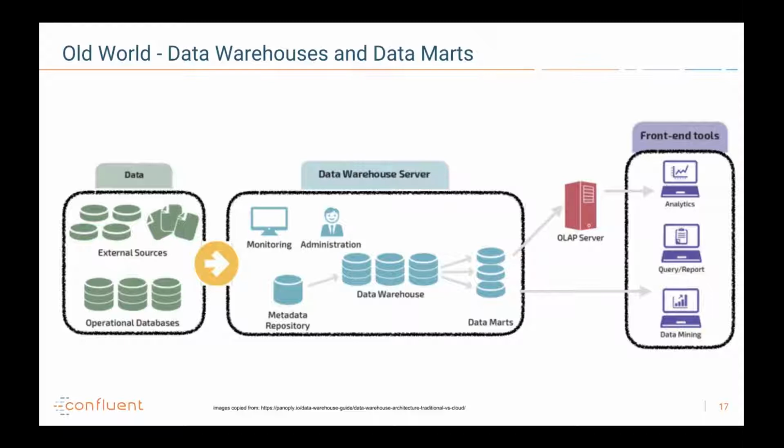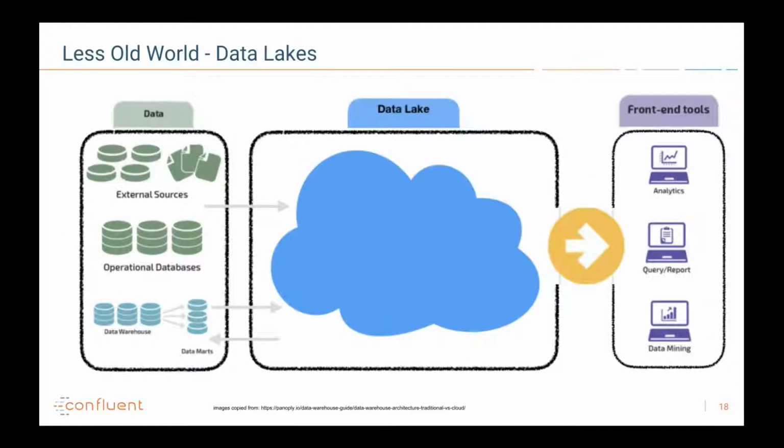And this was great for a long time, but the world changes too fast, and 18 to 24 months was just way too long to get your answers from your databases. So a new technology came out in 2011 to make this a lot easier. This was the Hadoop set of tools that I think a lot of you are familiar with. And it allowed us to create an architecture called data lakes.